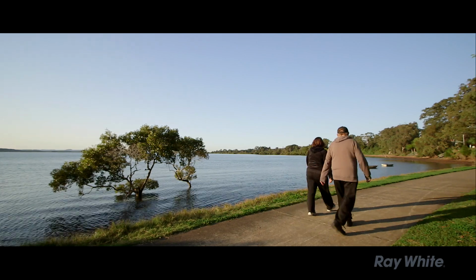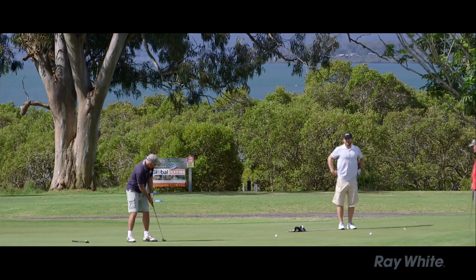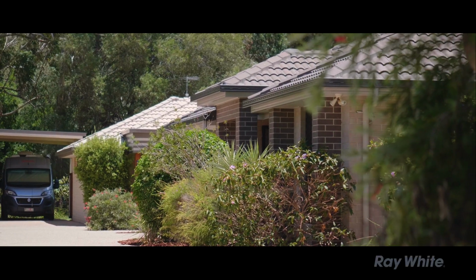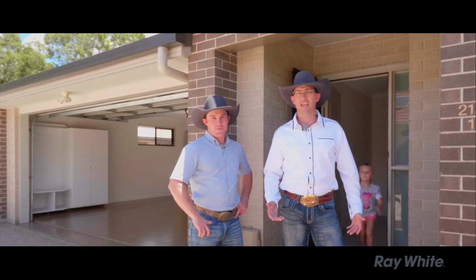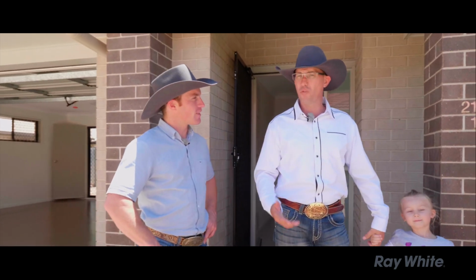Walk to water, shops, transport, schools, childcare, parks. Close to all amenities. This home appeals to all sectors of the market and is below the stamp duty threshold for first home buyers. So if you're looking to downsize, retire, your first home with all these features, who are